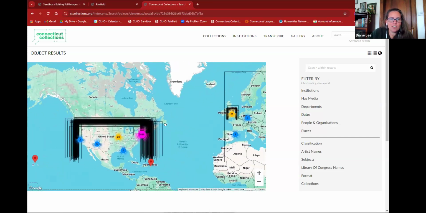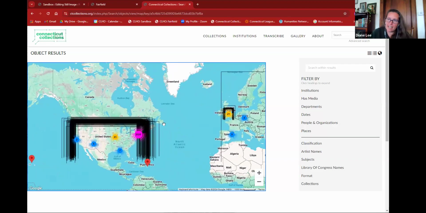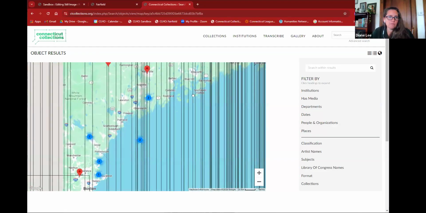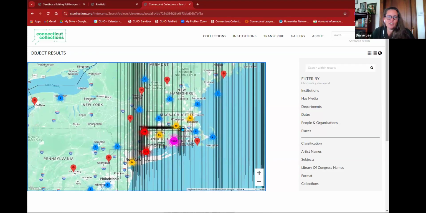So when you're debating how you want to mark the geography for something, usually it's going to be for something like place of origin, which is really useful, which I imagine what a lot of this is. Because even though we're on Connecticut collections, you're still going to want to note that something is actually from Connecticut. And again, there's so many in here in Connecticut, this is not going to be useful to anybody being able to click on this